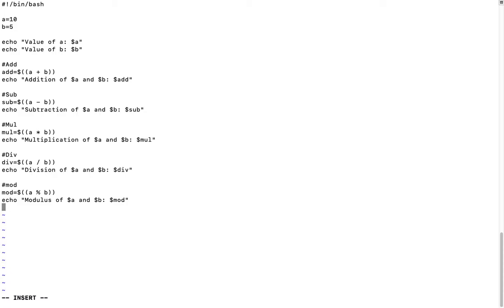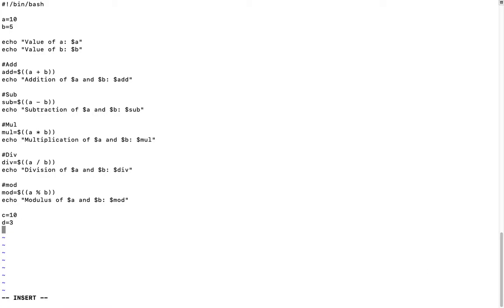For more understanding, we take other values, c is equal to 10 and d is equal to 3. Now do the mod of c and d.